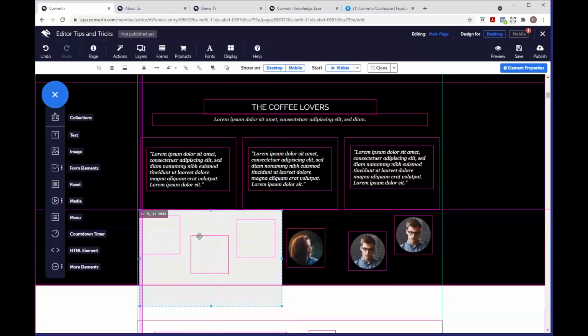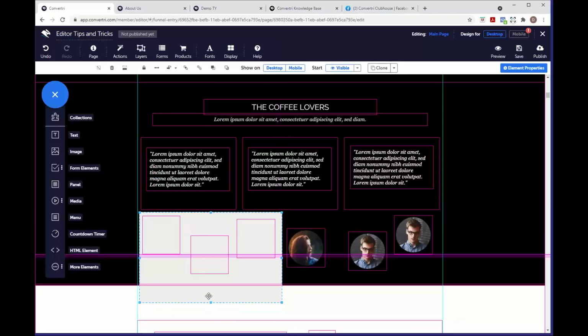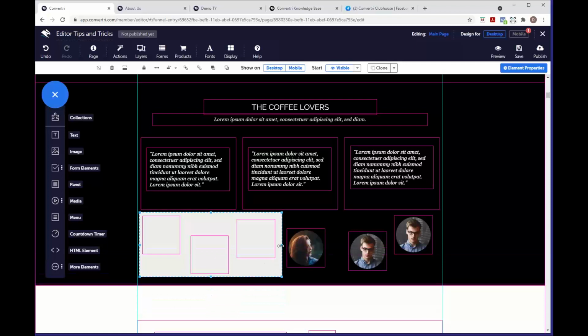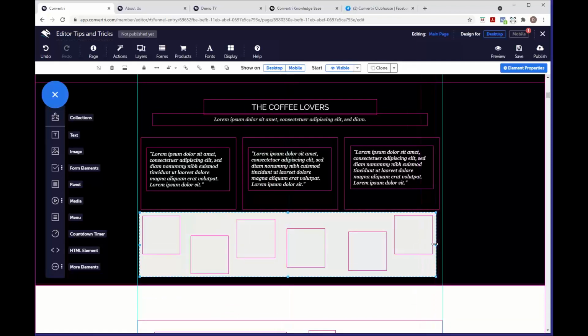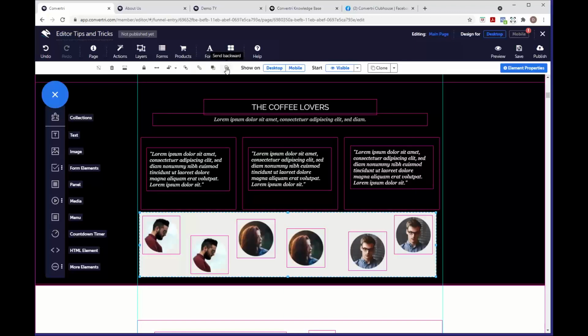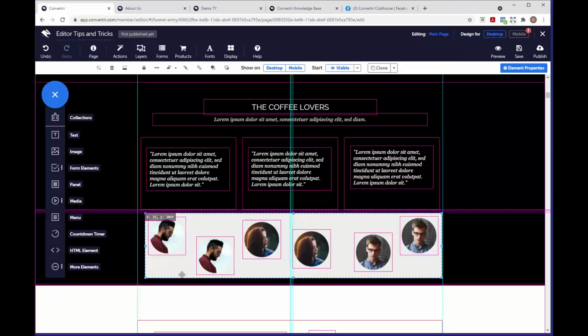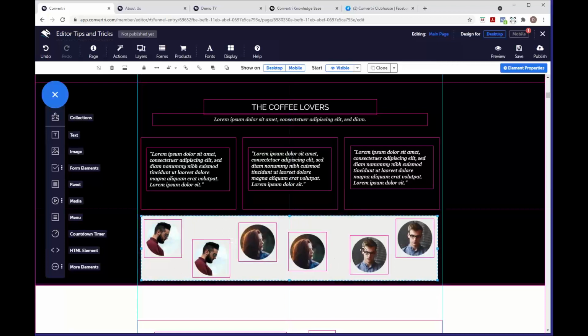So I'm going to add a panel, and this is going to make me able to contain all of these images. I'm then going to use the reordering tools here. I'm going to send them backwards until they are all in front of this panel. So I was sending the panel backwards there. Now they're contained like so, which means I can apply the alignment tools to all of the images which are